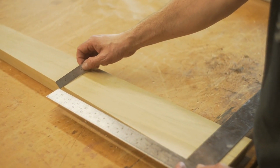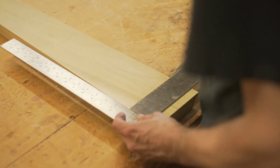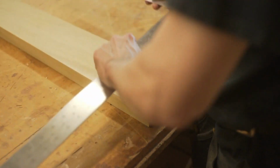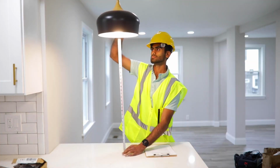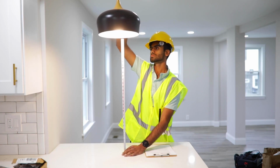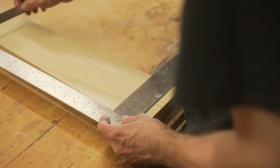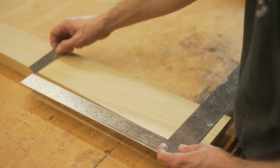A square keeps the edges straight. It ensures the shelves and frames and cabinets are perfectly aligned. Meanwhile, a measuring tape helps to really track the right dimensions, making sure that each cut is correct and fits seamlessly. So when you think about these 4 tools, an electric saw, a power drill, a sander, measuring tape and square,